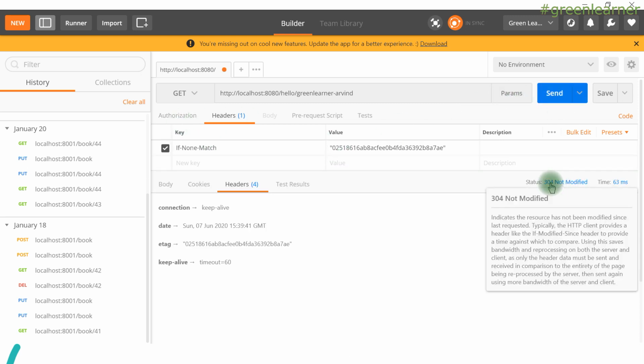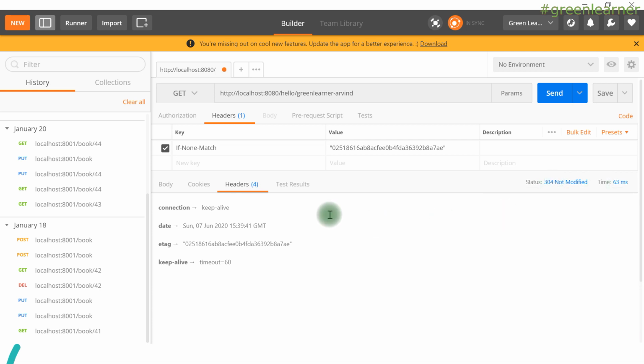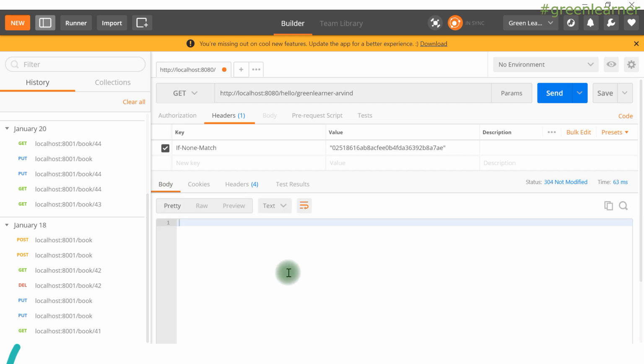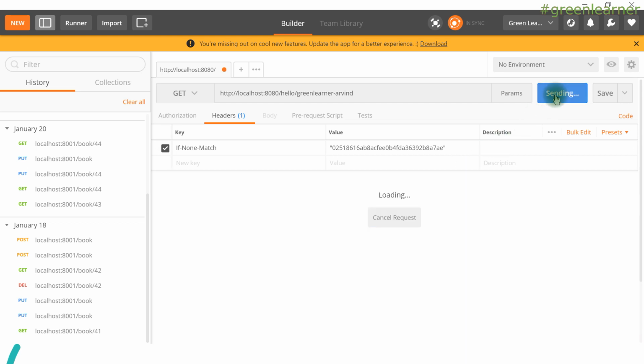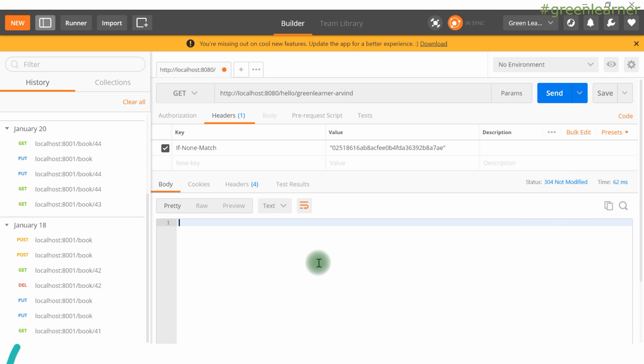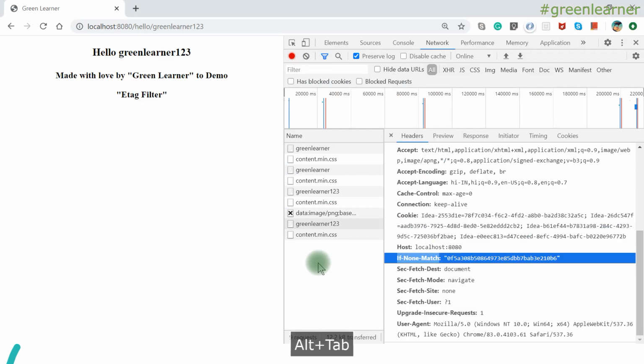Now we got the response 304 not modified, and there is no body here, right? Because the server has not responded with anything but 304. So we are not getting a response from the server if it is the same when we are using E tag information, right? In the browser we are seeing the content because it is stored in the browser cache, right?